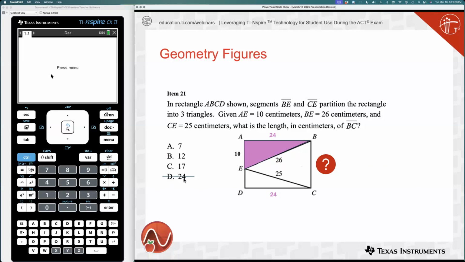Again, I can eliminate the 24 here because it can't be on my figure twice, maybe. They didn't say this was a square. But I also want to bring that up right now because we would call this 24 a halfway answer. I don't know about you, Veronica, but I have had students,